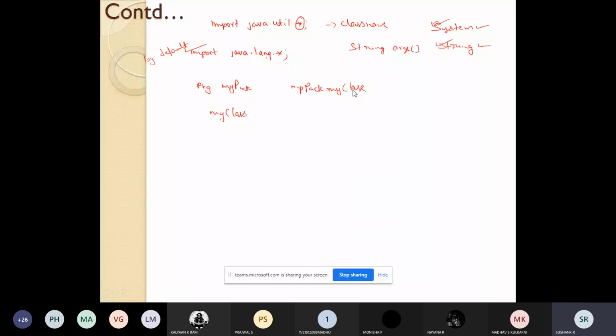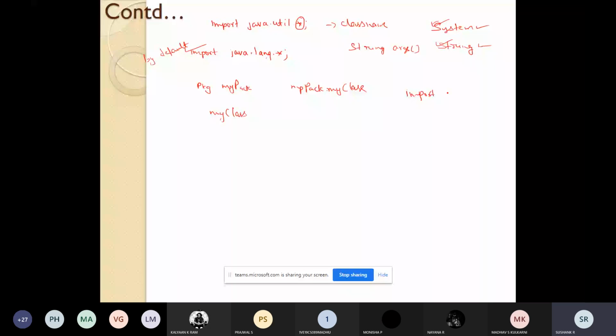In Java, all the classes within a package must be qualified with their package names. So a package is a collection of classes. I'll explain with this java.lang example itself.